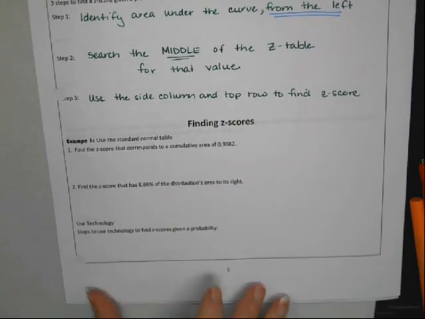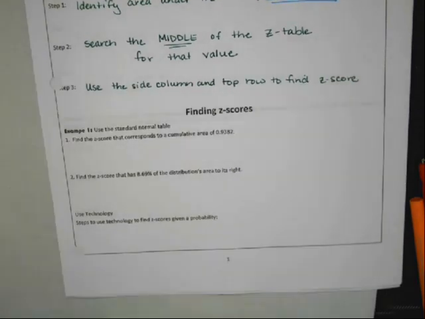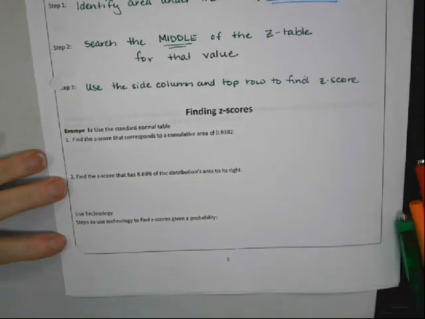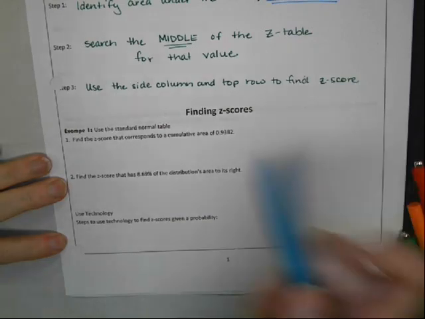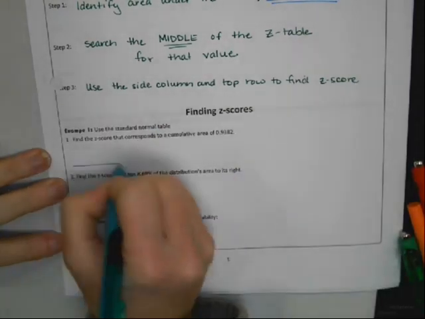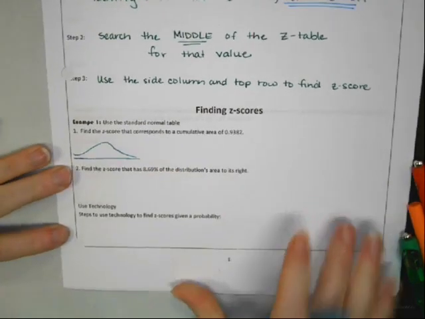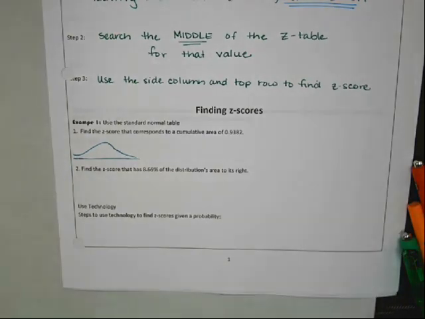Okay, so find the z-score that corresponds to a cumulative area of 0.9382. So before I actually find it, I'm going to make a little curve here. Remember, if I were to shade that entire curve in, that would be 1. It'd be 100%, or a probability of 1. So I want to shade in 0.9382,